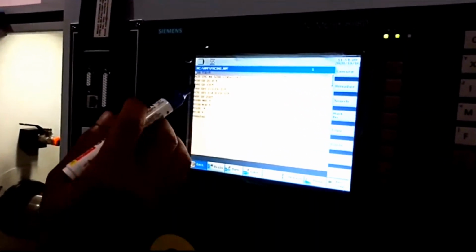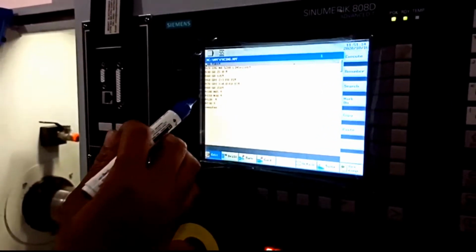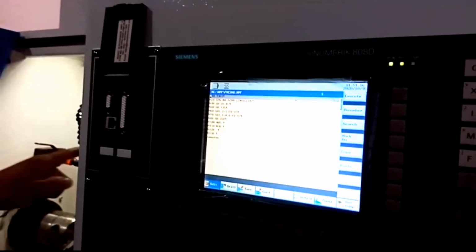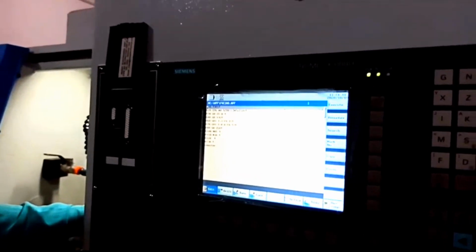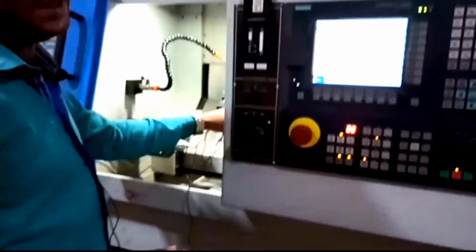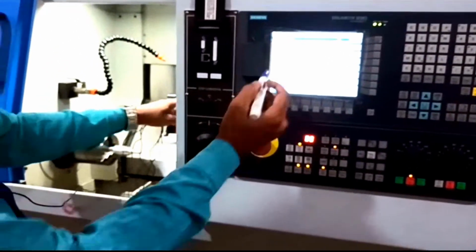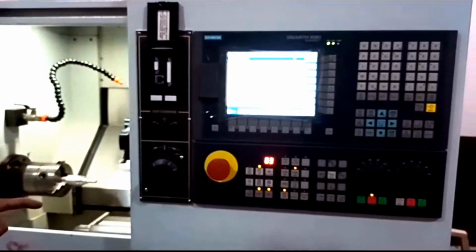Suppose you can see here some G0, after that Z5, which means this turret will move. G0 means rapid positioning, so this turret will move rapidly to the coordinate of Z5.